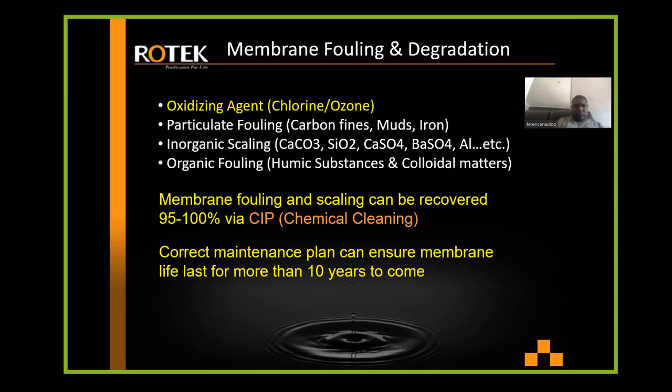Membrane fouling and scaling can always be recovered 95 to 100% through the CIP process. Okay. Typically the market uses acid and caustic. Caustic is the cheapest way to do CIP. It is possible to get the membrane back 100% if you do it very properly, but in most cases they only recover 90%,